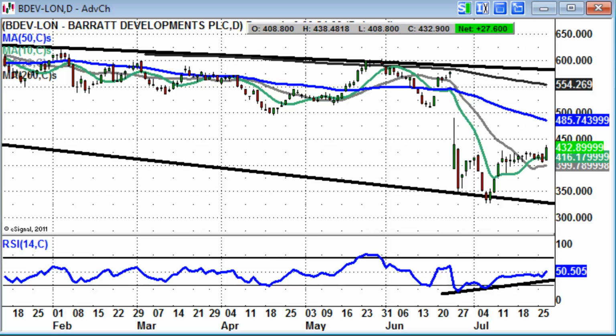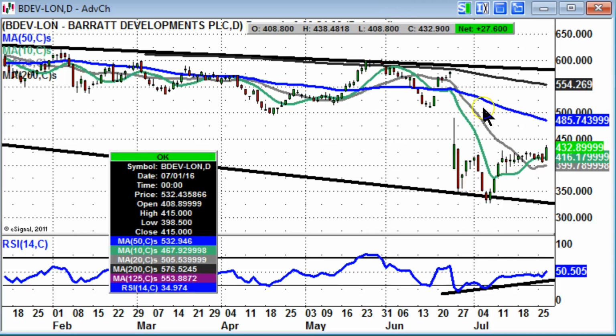Starting off with Barratt Developments, and it looks like we've got a reasonable turnaround formation here, effectively an inverted head and shoulders, breaking that neckline there, which was early July resistance at 427. While above the 20-day moving average at 399 pence, that's the grey line there, the target here, notionally, is up to 485 pence, which is the 50-day moving average. That's also the area of the bottom of this June gap as well, so the shares should make a move